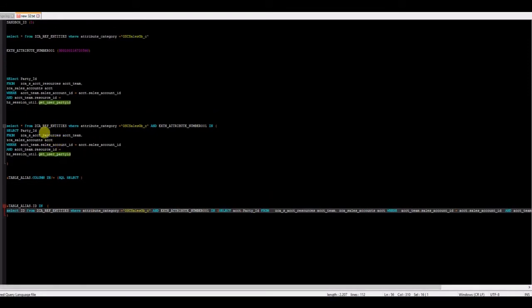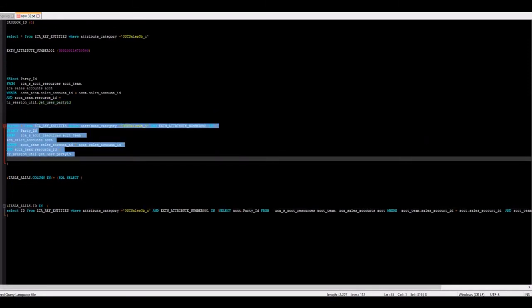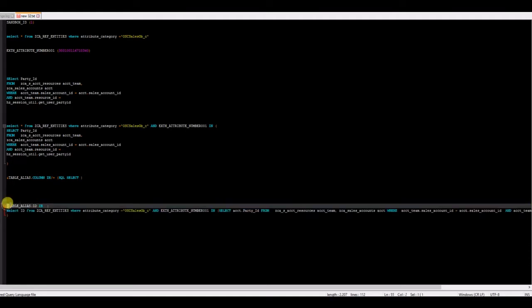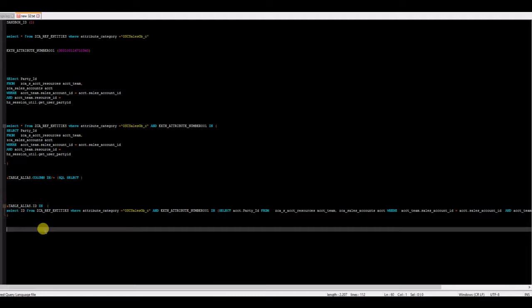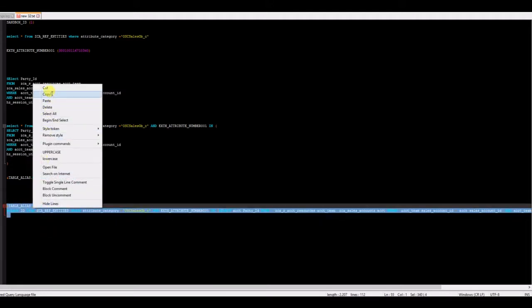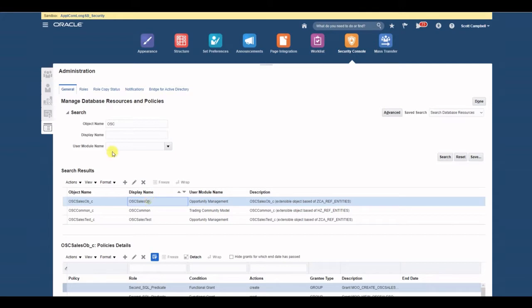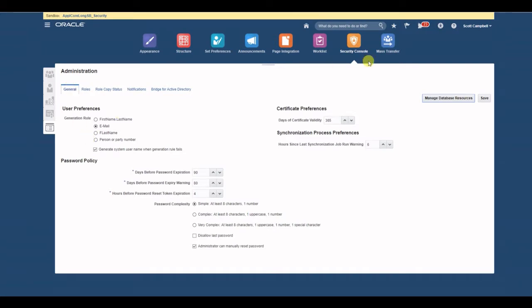Right, so this exact query is this one, to which I added table alias dot id IN, and encapsulated between the parentheses. Now we can take this one from here. We go to our application, we go to security console, we use the last tab, administration. Let me actually do these actions so you can see them. So we went through the navigator to security console, last tab, administration, manage database resources,